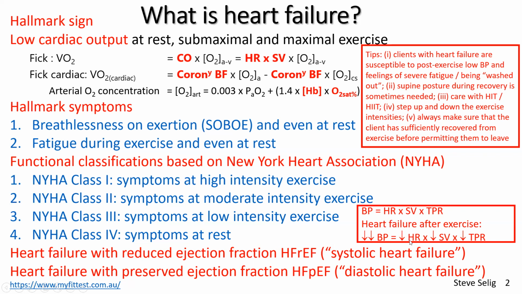And if we then take the cardiac output side of it, people with heart failure have reduced heart rates, often due to, for example, beta blockers, calcium channel blockers, other medications, and a whole lot of other factors can dampen down the heart rate response post-exercise. So we get reductions in heart rate below normal post-exercise. Stroke volume is low because of the heart failure itself. So all of these things work in a perfect storm to decrease blood pressure to lower than pre-exercise levels